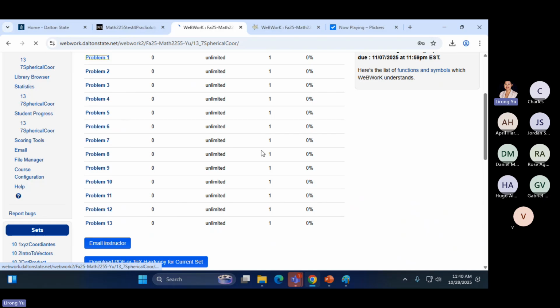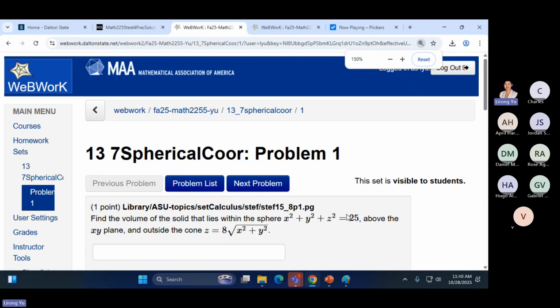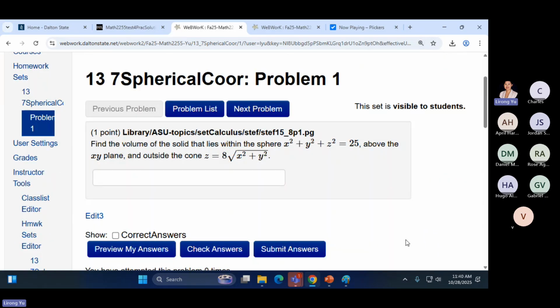All right, so let's see. This is question number 1. As you read in 13.7, focus on spherical or cylindrical coordinates, which one we apply depending on the integration region. This question is to find the volume of the solid that lies within the sphere. This looks like radius 5. This is 25, the root of 25 is 5. So a radius 5 sphere above the xy plane and outside the cone